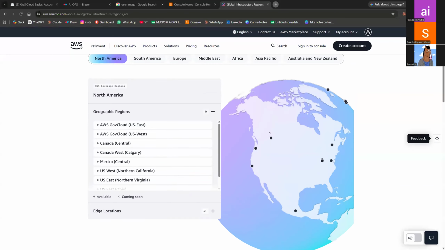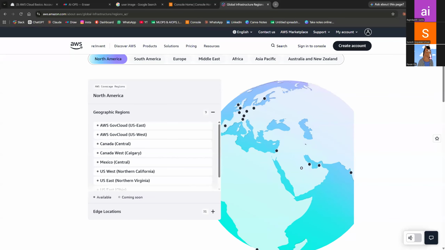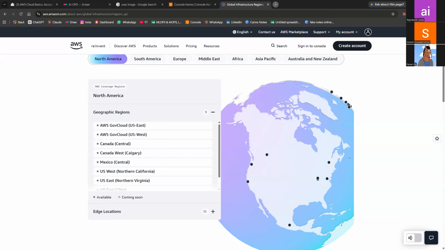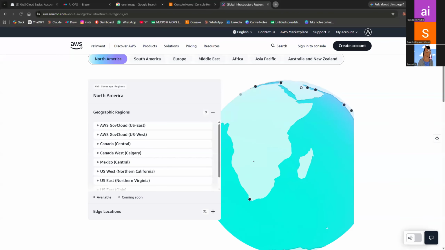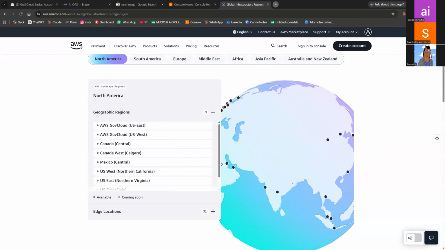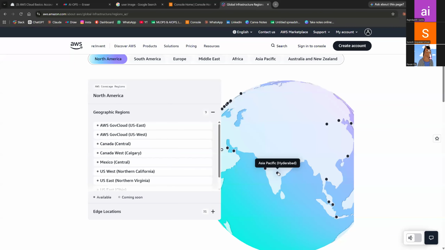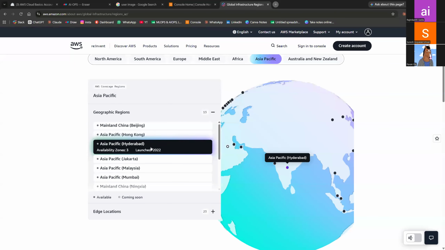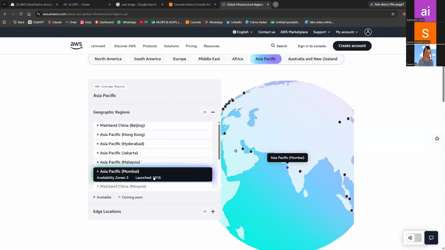So this is a globe now. Where is our India? Right here you can see. This is Hyderabad. If you click on it, you can see it launched in 2022 with three availability zones: 1, 2, 3. And if I go to Mumbai, I have three availability zones launched in 2016.